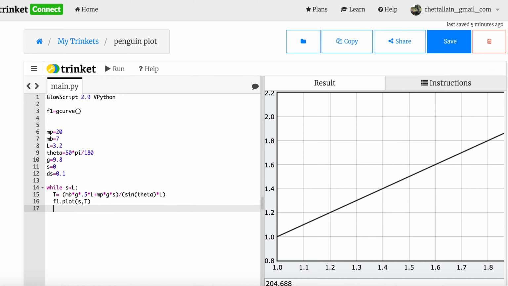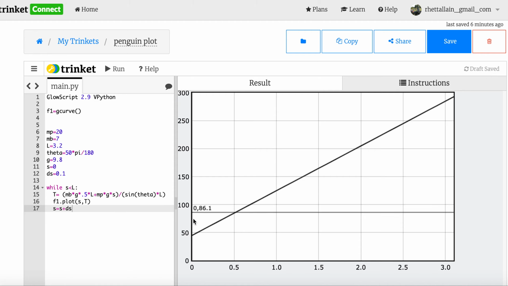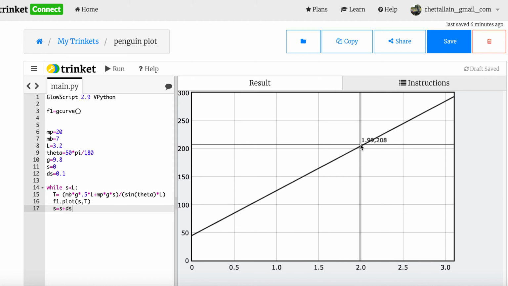Now I need to increase my penguin distance. So I'm going to do that like this. So s equals s plus ds. This says take the value of s, add ds, and make it the new value of s. It's not an algebraic equation. Okay. I think that should work. Let's just see what happens if it does indeed work. I should have saved it. There you go. So you can see here at 2 meters, I get